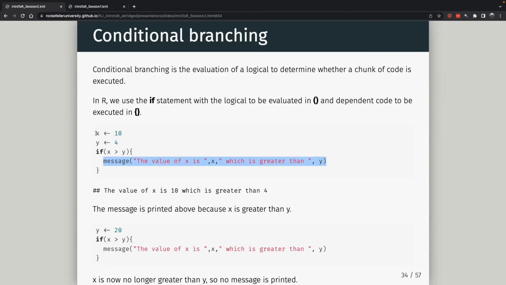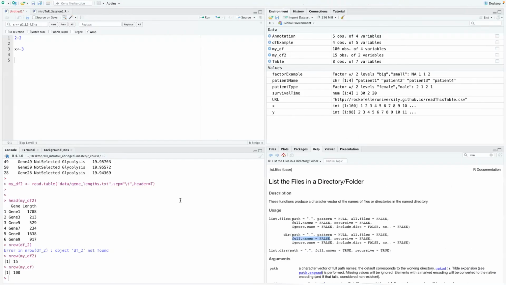And so in this case, I have X, I've assigned it to the value of 10, Y, I've assigned it to the value of 4. And I then ask the question, if X is greater than Y, I want it to tell me a message. The value of X is whatever X is, which is greater than the value of Y. Okay, so I have a nice conditional message that's going to use the actual variables to report back what's going on. So if I was to run this in R,